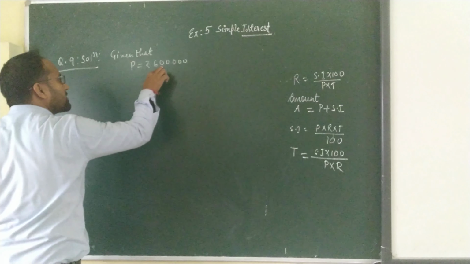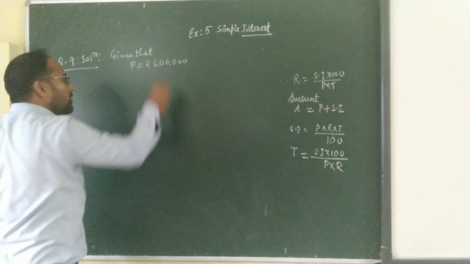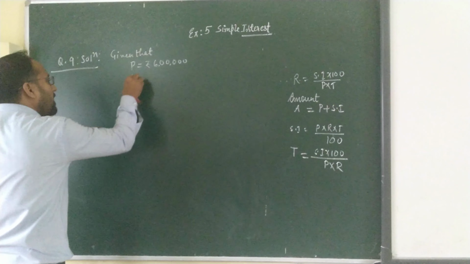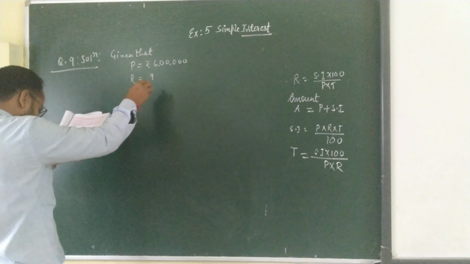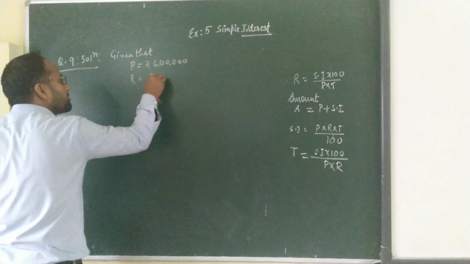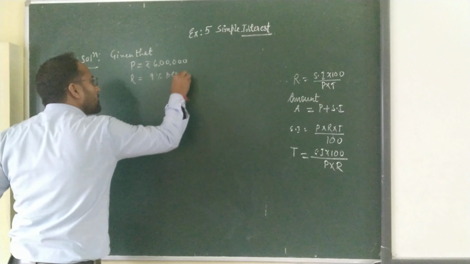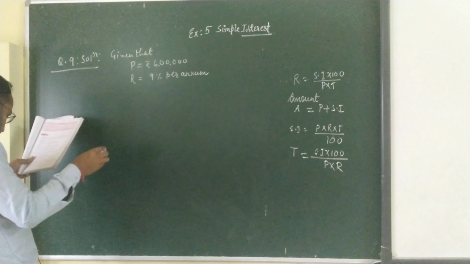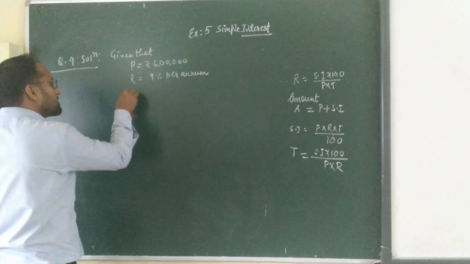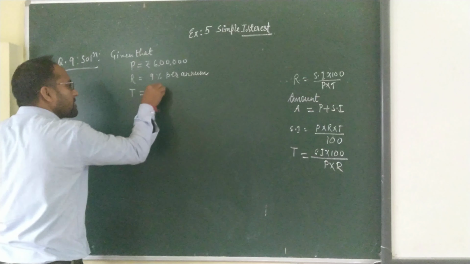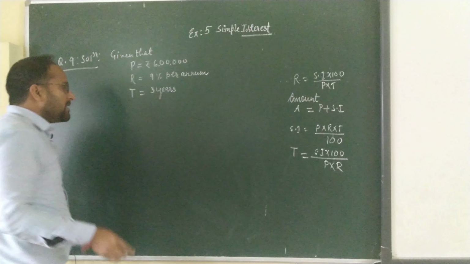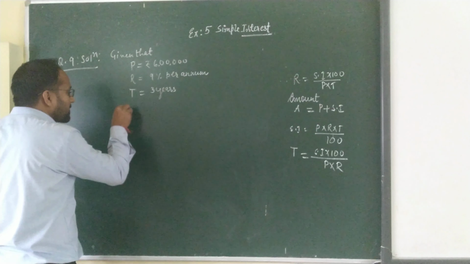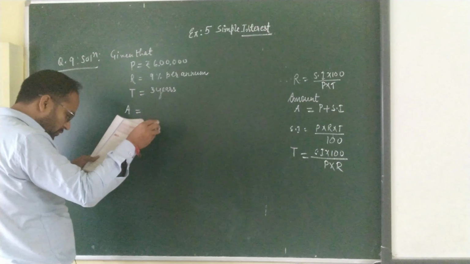Once there is 100,000, then 1 lakh, 6 lakh. And then the rate of interest, R, is given as 9% per annum. Rate of interest is also given, and then at the end of 3 years, time is given as 3 years. He has cleared his debt, so an amount is also given. Amount is equal to rupees 3 lakh